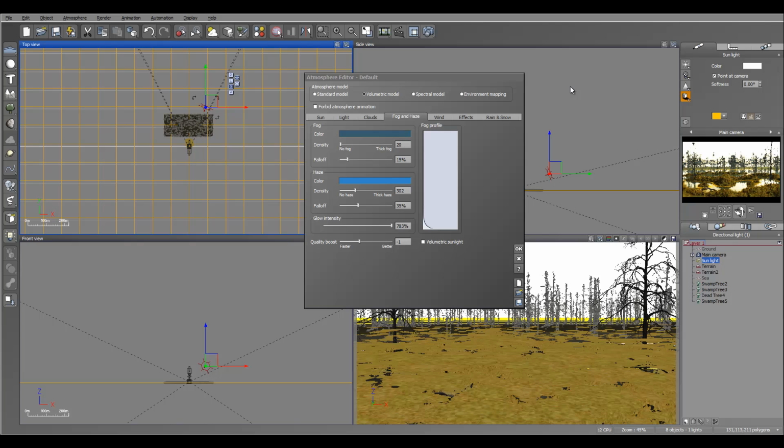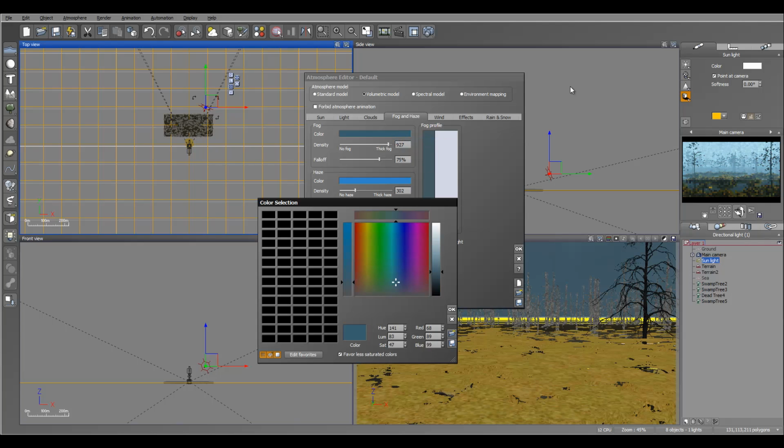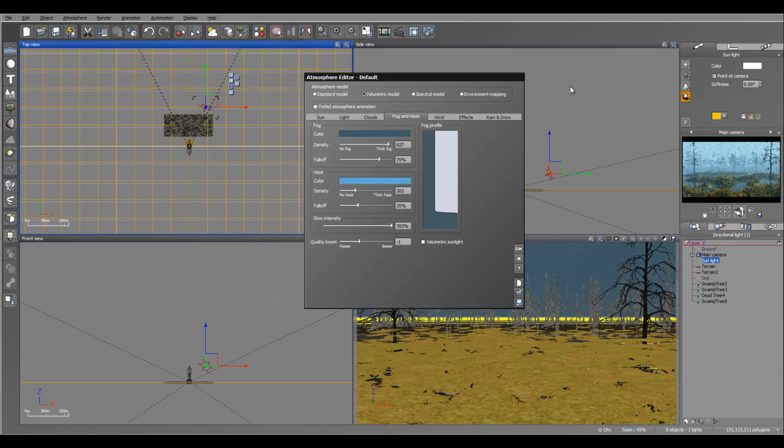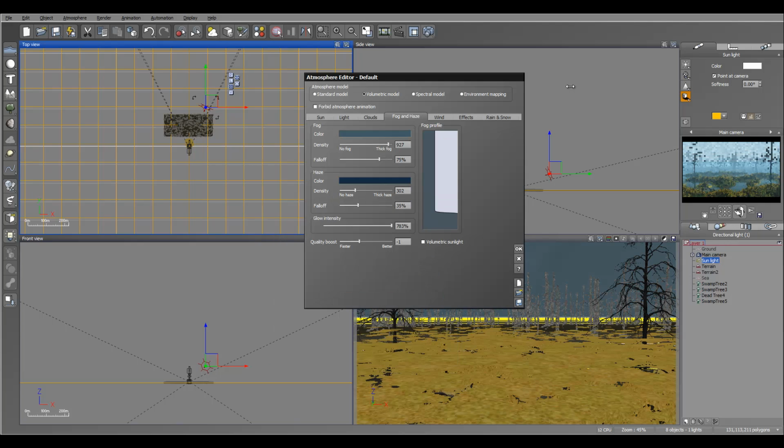So let's go ahead and set fog a little bit more this way, and increase thickness. You can see already right here we have a nice thickness going with the fog. Again, maybe it's a little bit too saturated, so take it a little bit down, so less saturated. And also on the haze, you know what, let's bring a darker effect as well, and we'll set thickness. So let's give it this